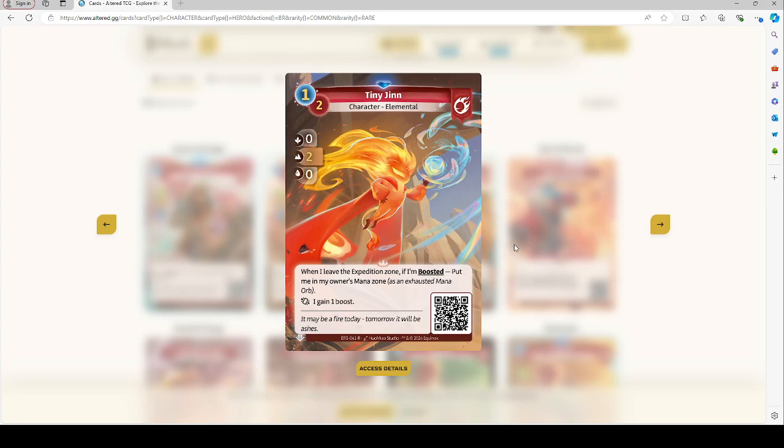When I leave the expedition zone, if I'm boosted, put me in the owner's mana zone. So that means no matter how it leaves the expedition zone, it becomes an exhausted mana orb. And if you're having trouble finding a way to boost it, you get the guarantee on the second part. I'm going to give this a cautious A, but I'm very worried that